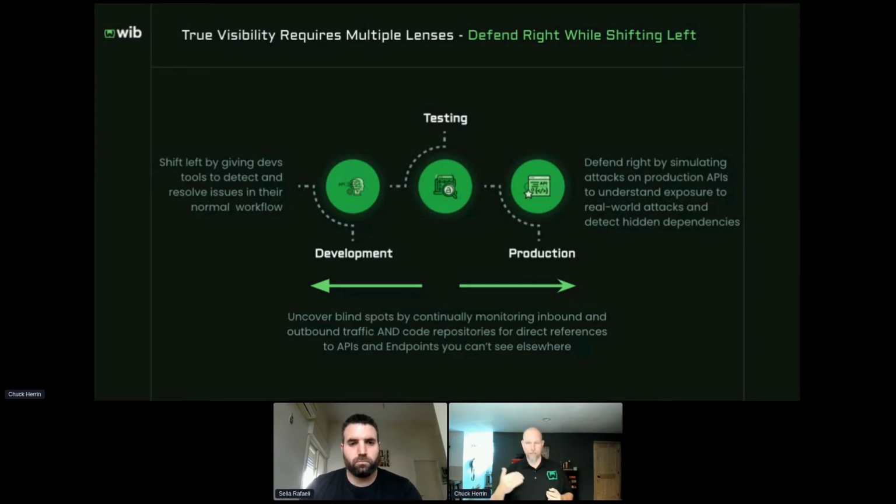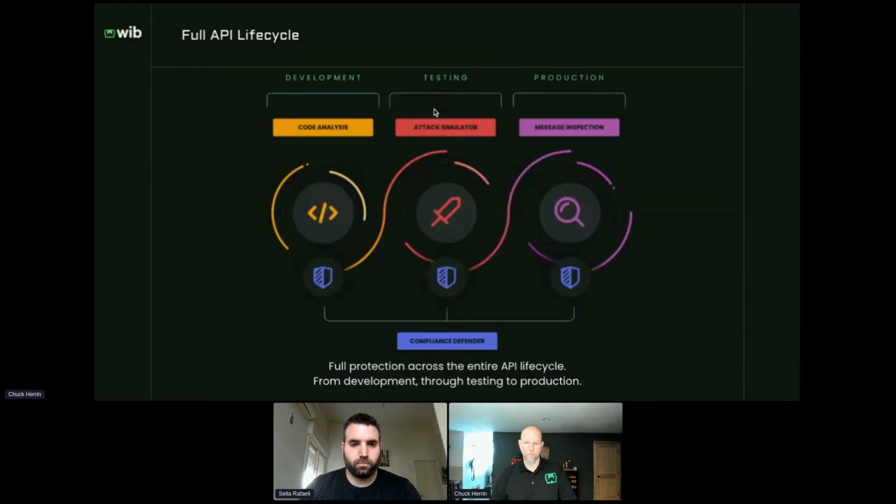One of the challenges with APIs and Agile development in general is the old quarterly release cycle where you could have a manual penetration test run. That doesn't work in an Agile environment, and over 50% of companies now say that they're Agile. I'm sure we could debate what Agile means to different companies, but with an iterative release cycle of every 2 weeks, every 3 weeks, you can't add a 3-week manual penetration test at the end of every cycle. So getting the code analysis, the traffic inspection, and the attack simulation all automated and all running in real time is really critical to getting your head around your API security posture. And that's what we do.